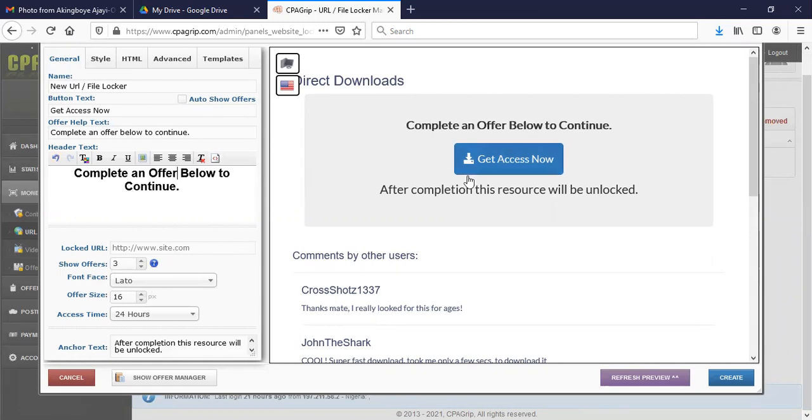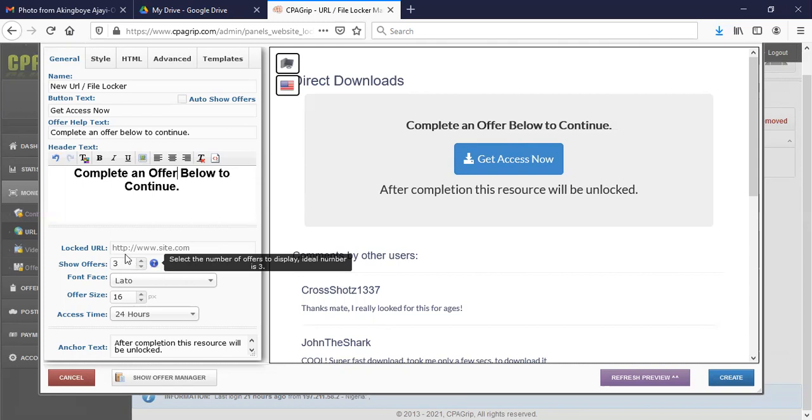Then it says get access now. After completion, this resource will be unlocked. Now it's showing you show offers. If I click this, it says select the number of offers to display. It says the ideal number is 3. So we will leave it as 3. That means the person has to complete at least 3 offers for them to have access to the ebook or video that they want to watch.